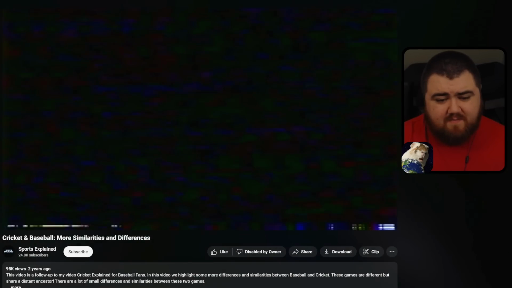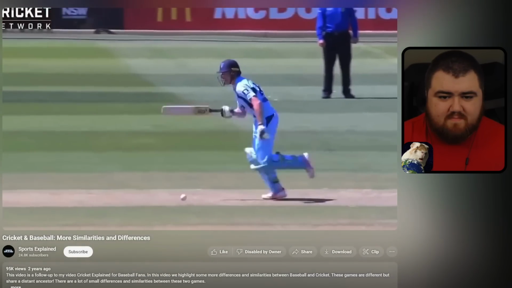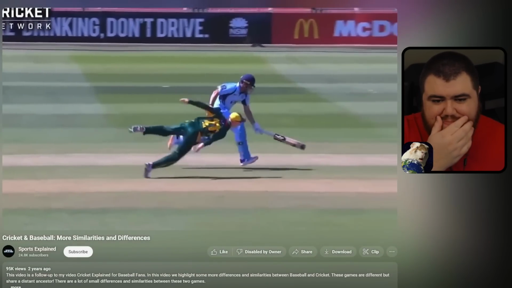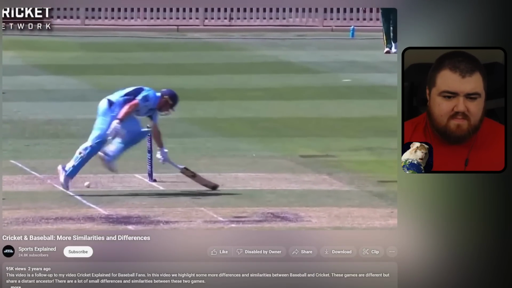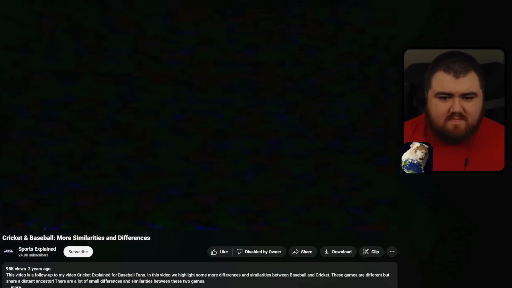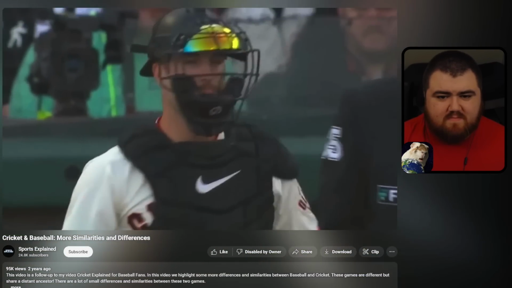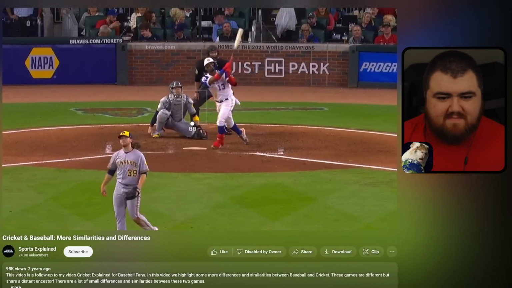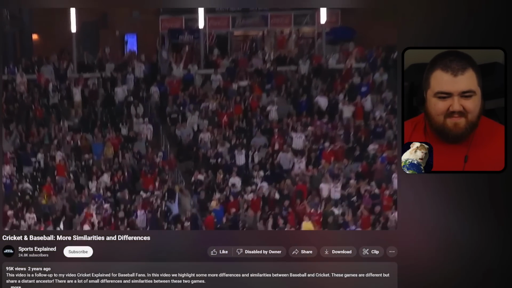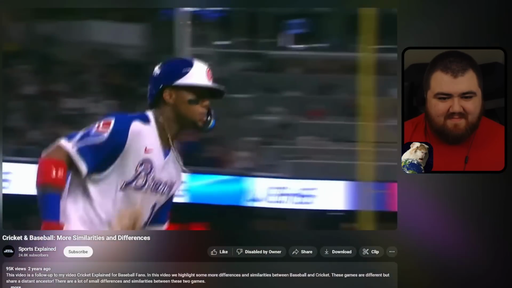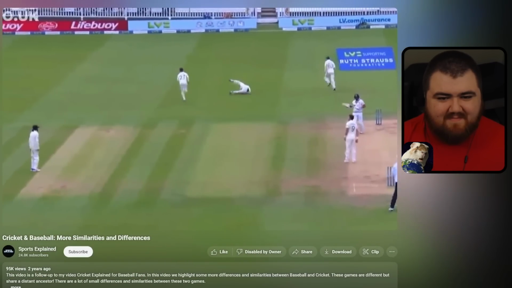Wow. The major difference is that in cricket, each ball is used for a much longer amount of time than in baseball. How long each ball is used depends on the format of cricket and a few other factors, but it's significantly longer than in baseball, where a new ball is provided anytime the pitcher wants one, anytime the umpire determines that a ball has become dirty, or anytime the ball goes into the seats. Over 100 balls might be used in a single Major League Baseball game, whereas as few as 4 or even just 2 balls might be used across a cricket match, depending on the format and details.